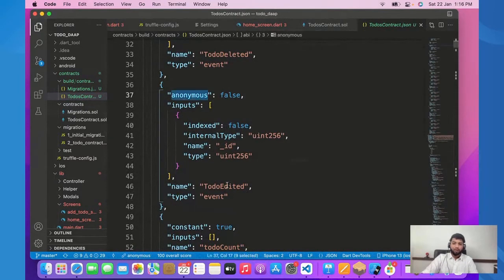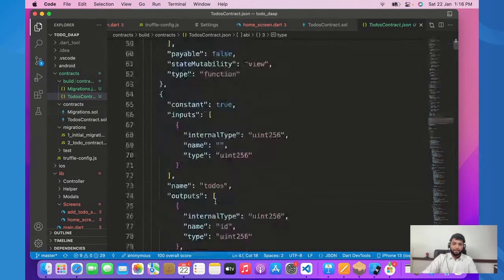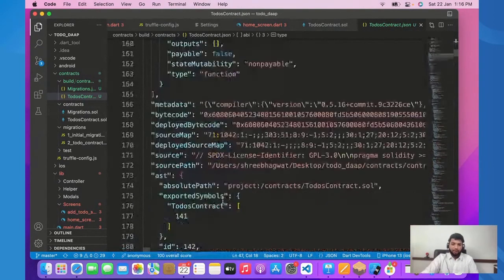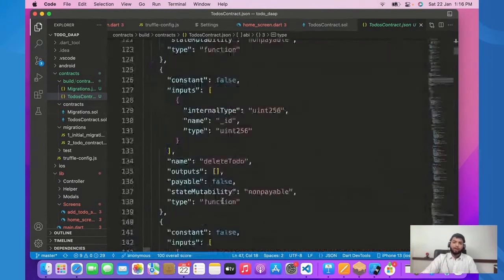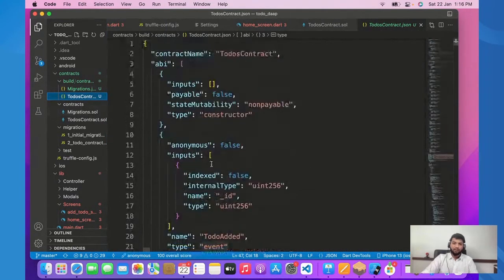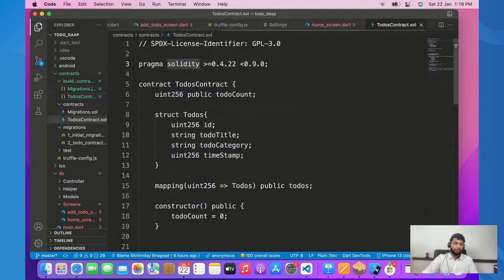For example, inputs, todoEdited event. We can explore them a bit, but it will be time consuming. So right now you can just remember that they are just JSON values that we need. Okay, this is very important, the API that we are going to use further. So I'm going to close this over here.